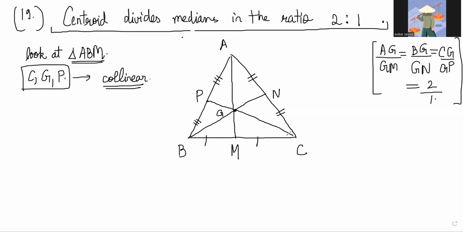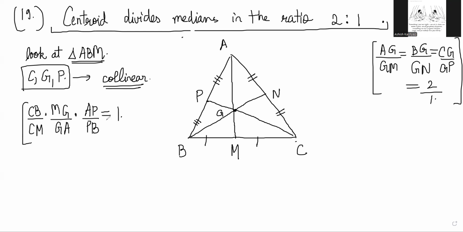So we can apply Menelaus, and we can say, we'll imagine the point C lying outside to be somewhere here. And we can say CB by CM multiplied by MG by GA multiplied by AP by PB should be